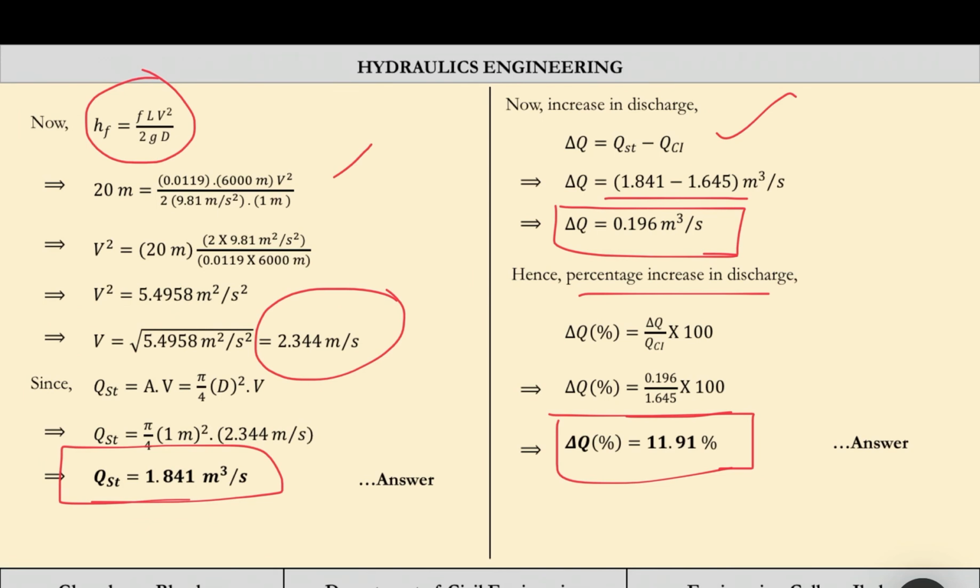So we have to calculate the cost benefit ratio. Then only we can decide whether we can replace, whether this 12% discharge is going to generate the revenue which is more than the cost incurred to purchase the steel pipes. If the cost is less than the revenue generated, then only we are going to use the steel pipe. So in this way the calculations are there, and you can see the practical application also.